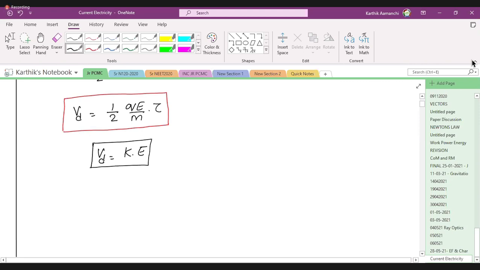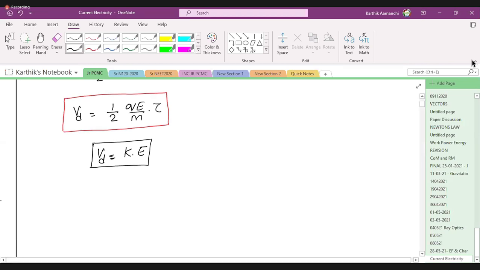Now, drift velocity is equal to some constant into electric field. Sir, but what about the relationship between drift velocity and current density? Because one electron will not go, a group of electrons will go, isn't it? Will one charge go when you give an electric field? A group of electrons will go. So when a group of electrons will go, how do I give my drift velocity to that group of electrons?